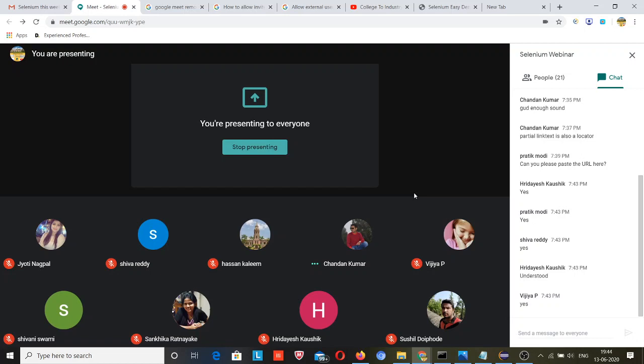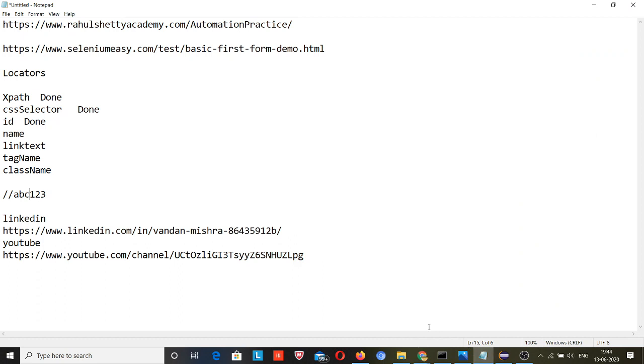So if it is not constant, then suppose you have passed the ID in find element by ID as abc123, but when the page is refreshed the ID becomes abc1234. The ID will always be unique in the web page, but it is not matching the ID which you passed in your code.